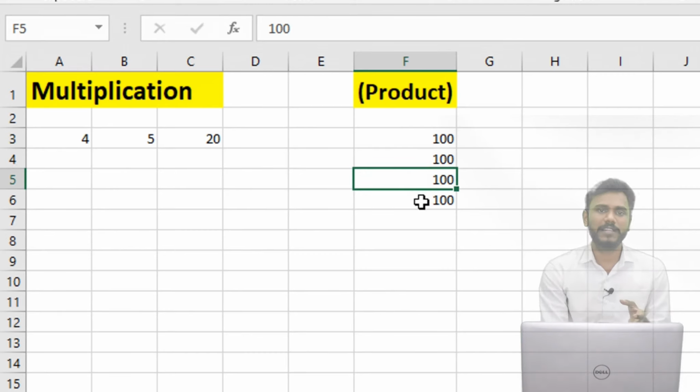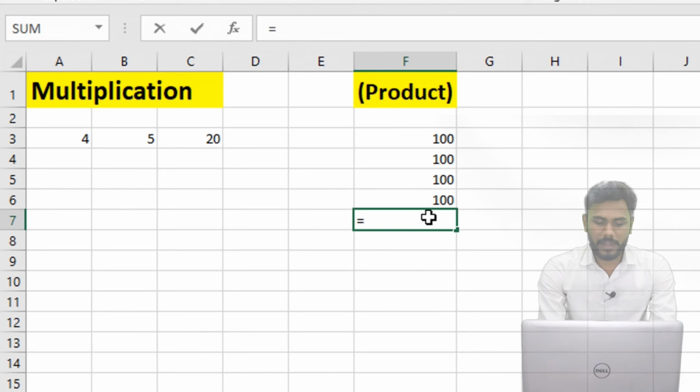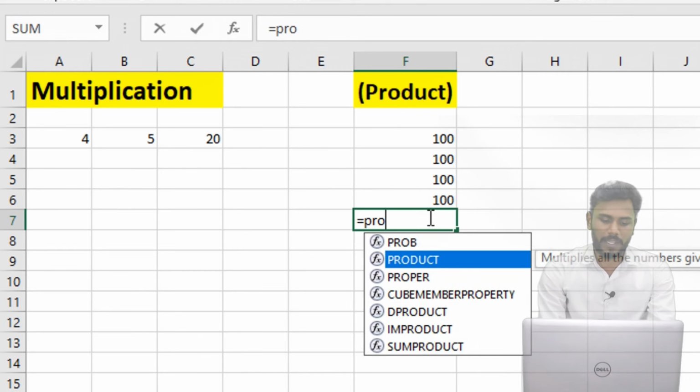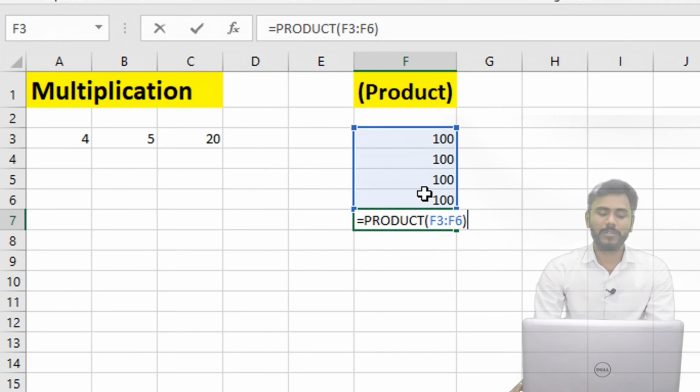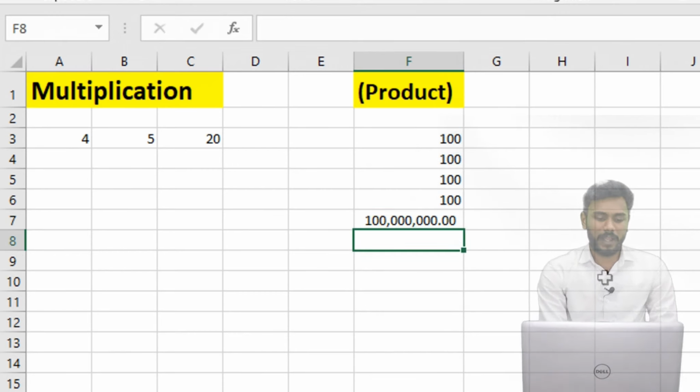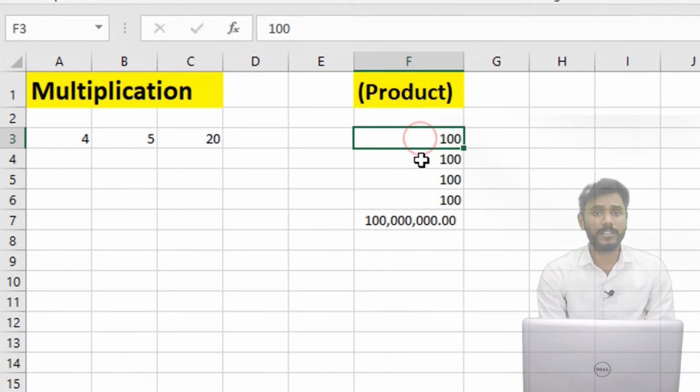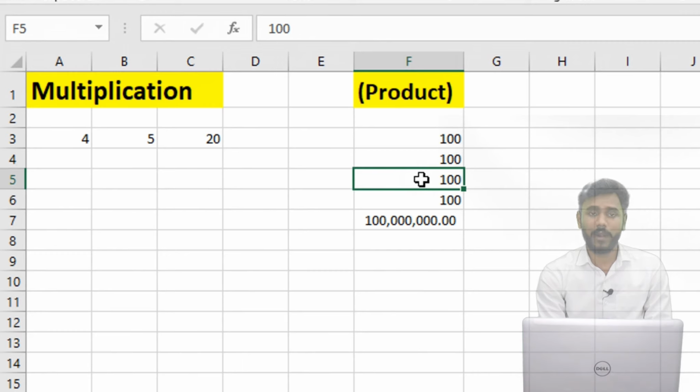So I would like to get continuous multiplication, right? So here the formula is equals to PRODUCT. Simply type product, select the whole range and directly close the bracket, and the total result appears. See, 100 into 100 is 10,000, 10,000 into 100 is 1 lakh, 1 lakh into 100 is 1 crore, right? So this is how it works.